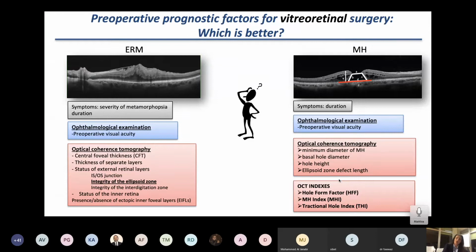But regarding the preoperative prognostic factors to date, we know that most of them identified for VRI surgery have been proposed based on cross-sectional, structural B-scan OCT. Although these are widely accepted as helpful biomarkers for predicting visual acuity, visual outcomes following epiretinal membrane and macular hole surgery, the results for this predictor vary across the studies.